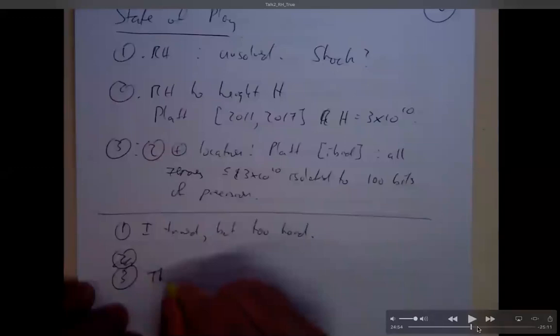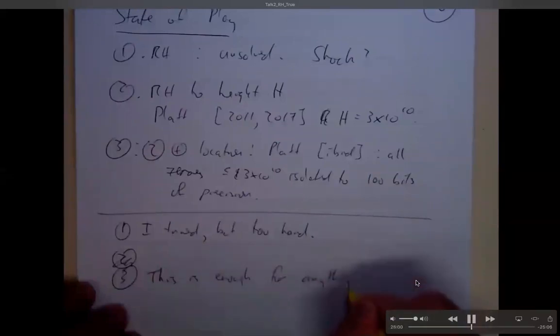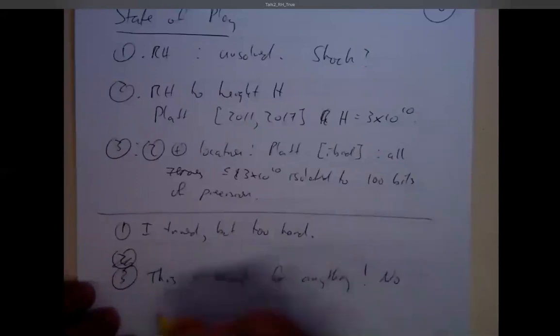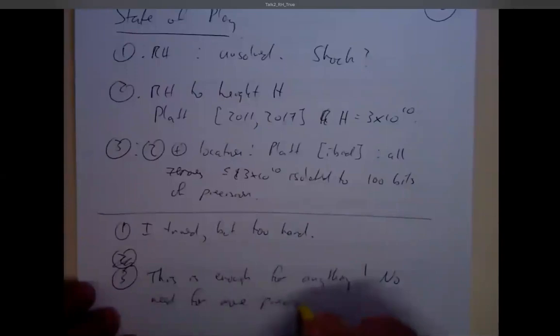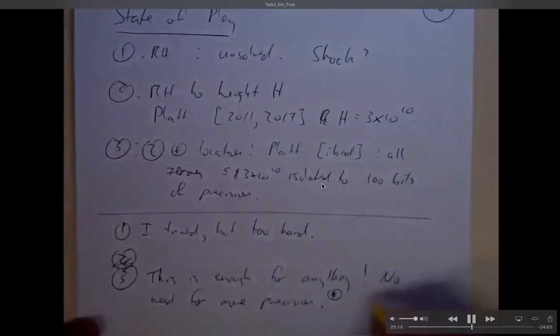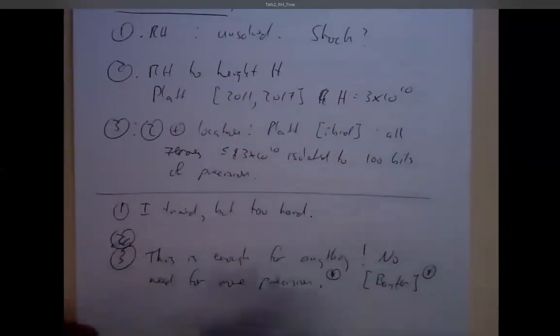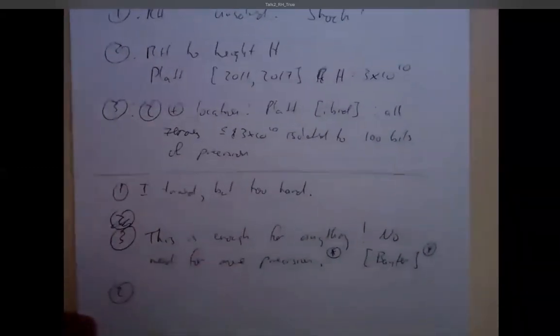So, okay, what did I do? Oh, I guess jocularly I say I tried to prove the Riemann hypothesis, but it was too hard. Oh, well, that's modesty for you. 3, I make a point about 3. I think this is enough for everything, and I really do think that's true. I'm not a computational expert, but I can't see anything in the literature mathematically that would require one to have such good precision or better precision. So yeah, I think that you could rerun the calculation to 1,000 bits. It'll take you an awful lot of time, but I just don't see that that's useful at all.